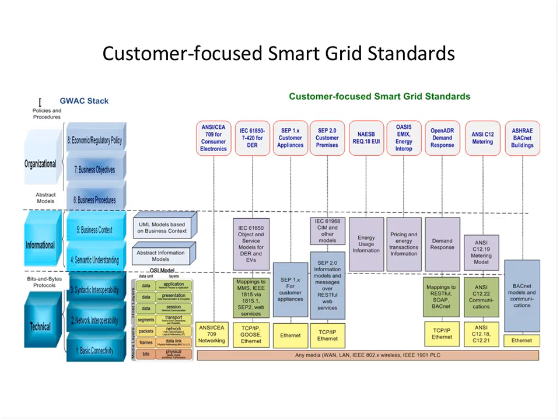And then with 2.0, you see the connection. It's being offered on IP, as you can see. And then there are also mappings to SIM. This is going to be, again, very important. Imagine if you have a utility or an energy service company that's dealing with multiple customers. The customers will not know about SIM. They will know about SEP. So you will need to map the data from SEP into SIM so that you can do effective business reporting